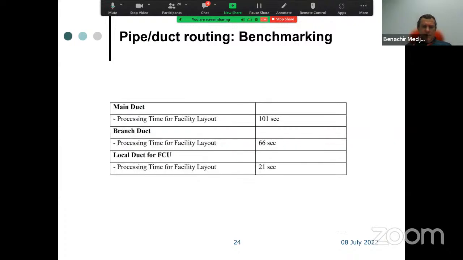Then just quickly, the response time. This is for the pipe and duct solution. I have this result. This is the latest work we have done. That's, I think, an i7 at 3.4, or 5, I don't remember exactly, but that gives you at least an idea of the response time of pipe routing, around 2 minutes, basically, to generate, if we add up everything, around maybe 3 minutes in total to generate the pipe and duct for the solution I have shown you.